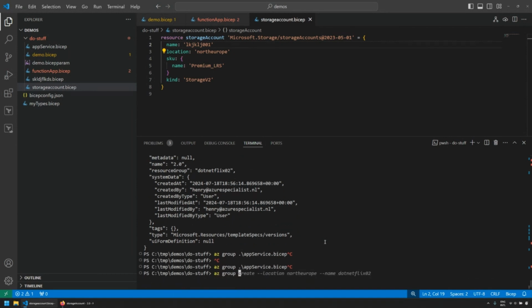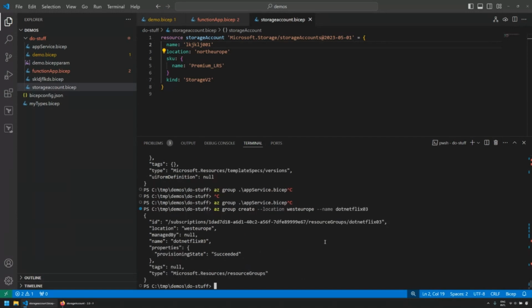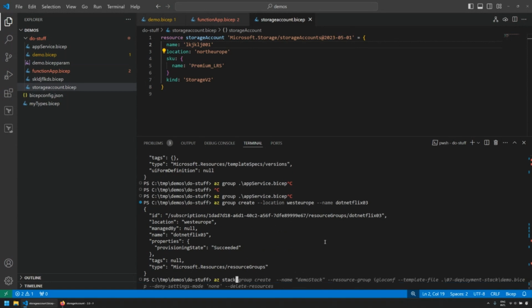az group create --location West Europe --name dotnetFlix03. And what I'm now going to do is, instead of doing az deployment group create, I'm going to say az stack group create. The name is going to be dotnetFlix stack.